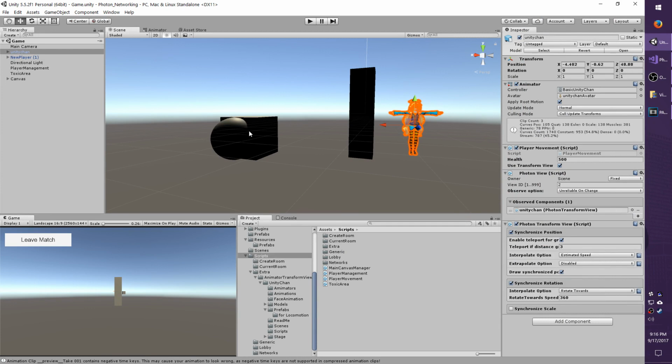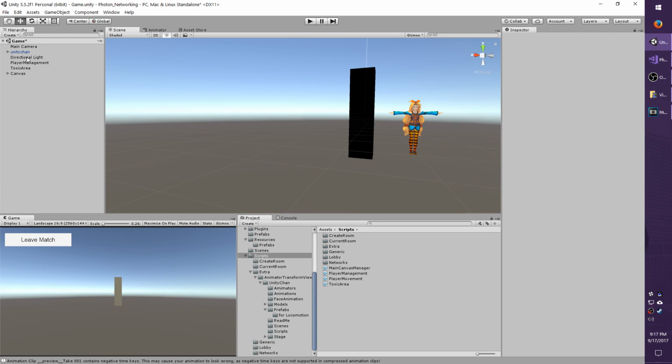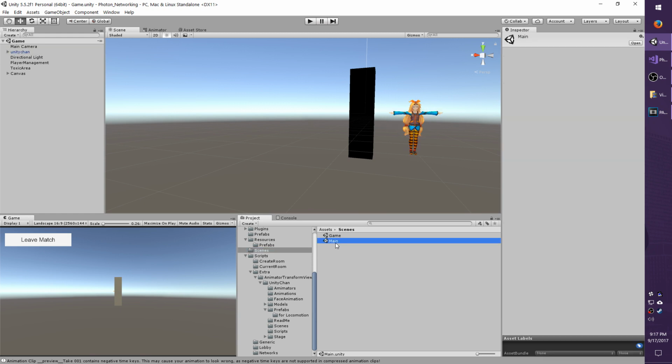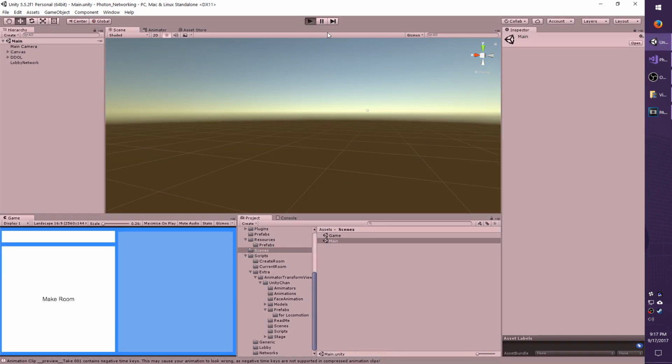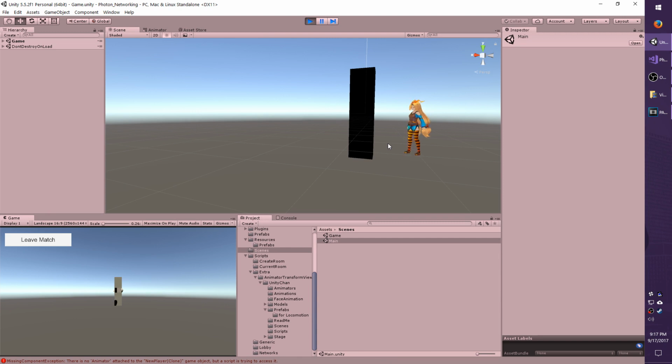I don't need my temporary player or my old player here anymore, so I'm going to press delete. I'm going to keep UnityChan in the scene for now, so I'm going to save the scene. And I'm going to go back to my main scene, and if you haven't followed my previous tutorials, you can skip this. This is just a testing phase, more or less. So I'm making a room, I'm going to join it, and let's see. Whoa, she's way too fast. Okay, so I press spacebar, and the taunt is working,